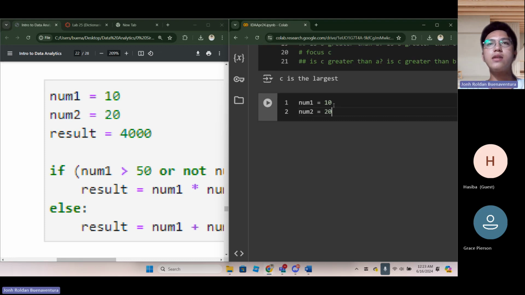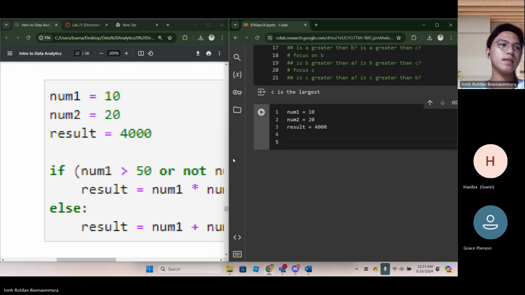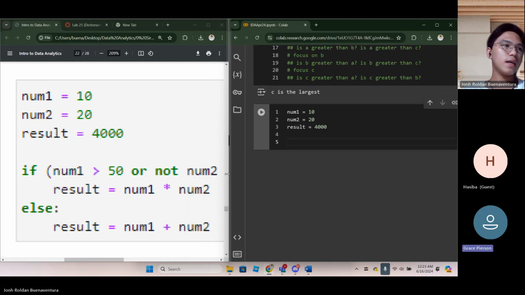So these are initial values. Do you still remember what is the term used for this part when you are assigning initial values? Initialization, yes, initialization. So not is confusing.